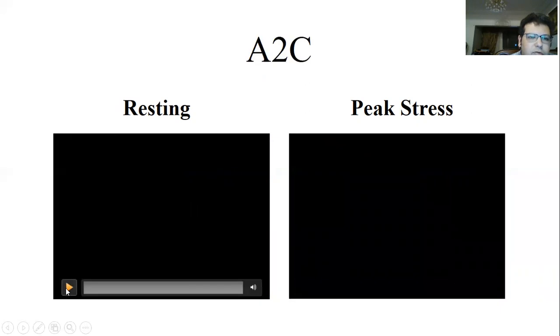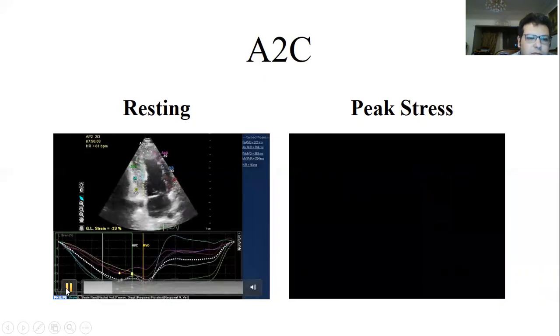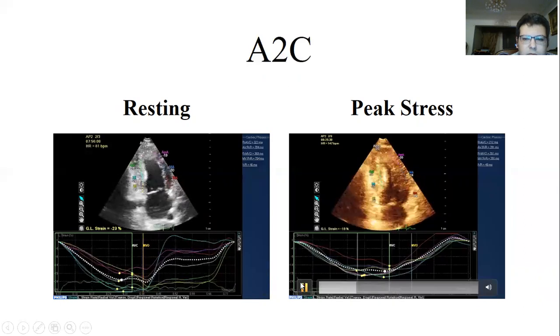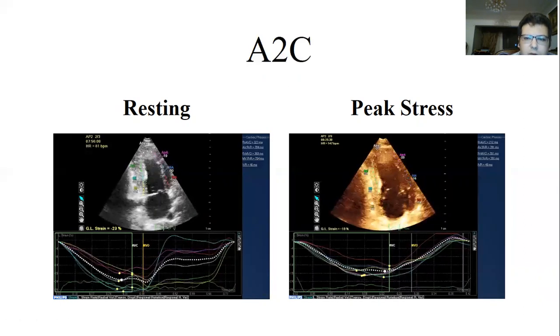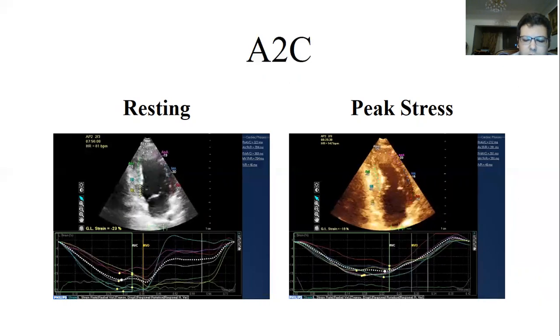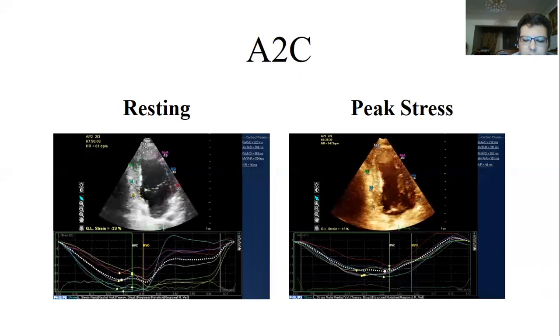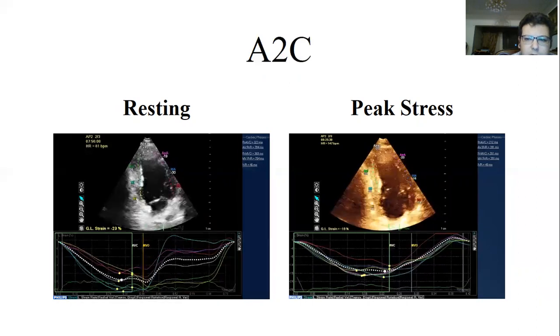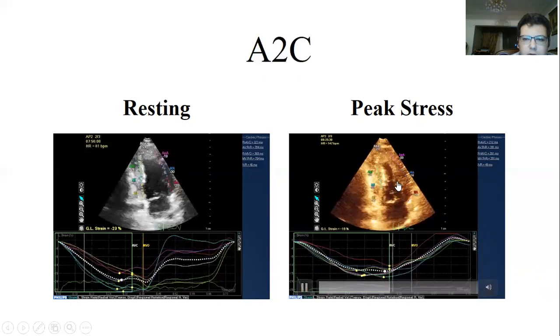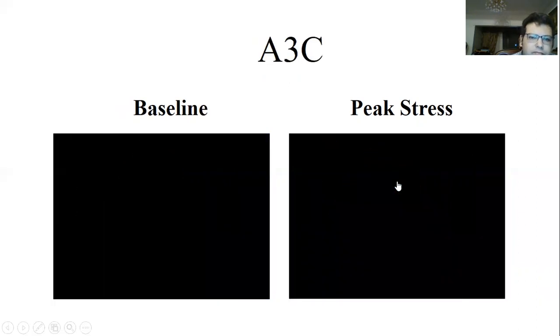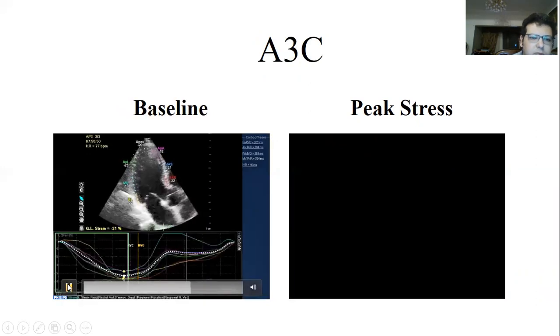Here we have the 2-chamber view at rest and at peak stress. No wall motion abnormalities could be detected either at rest or at peak stress. We can here appreciate the hyperkinetic response to the dobutamine. So baseline, we get the 3-chamber view